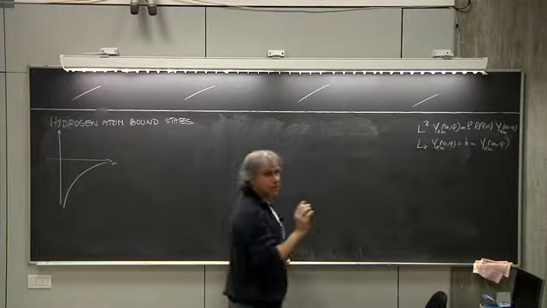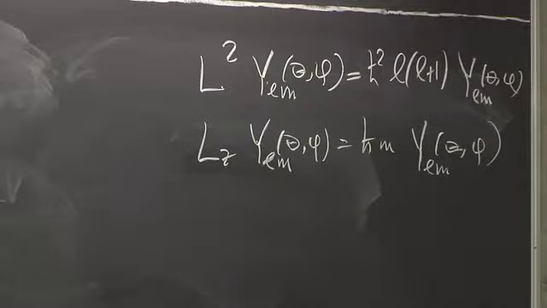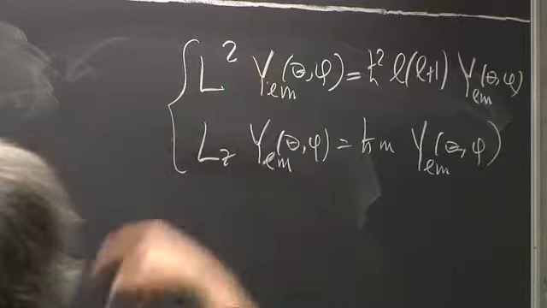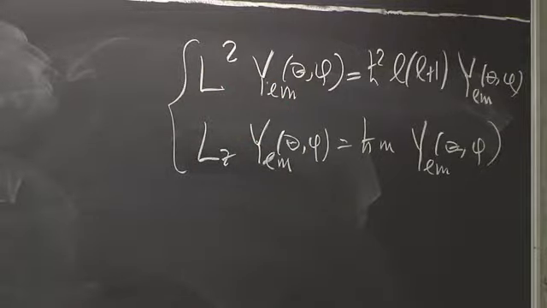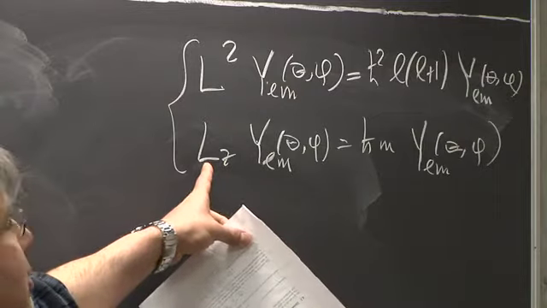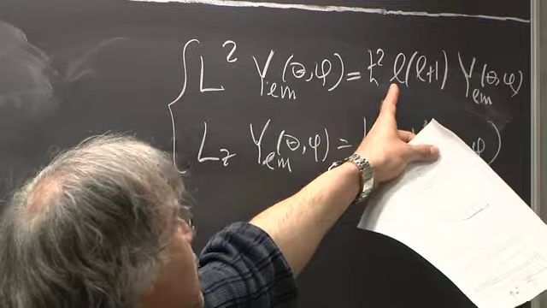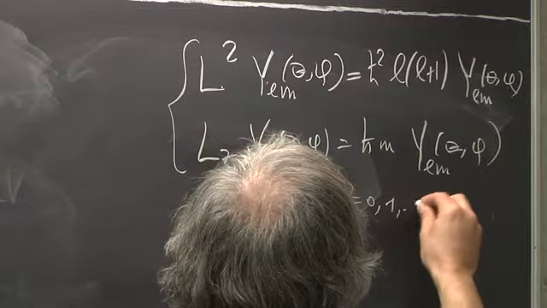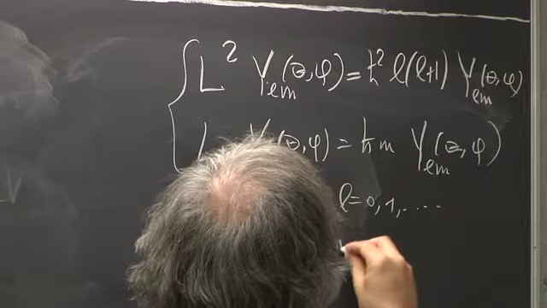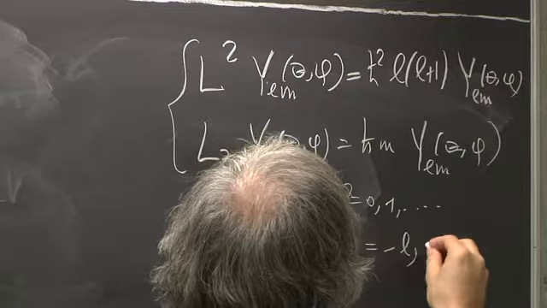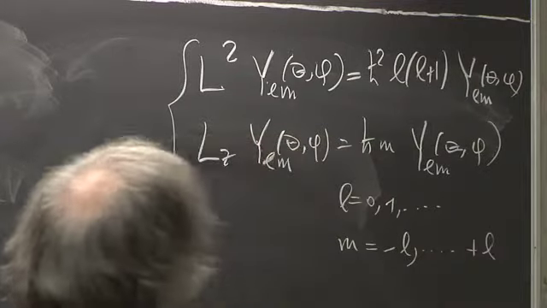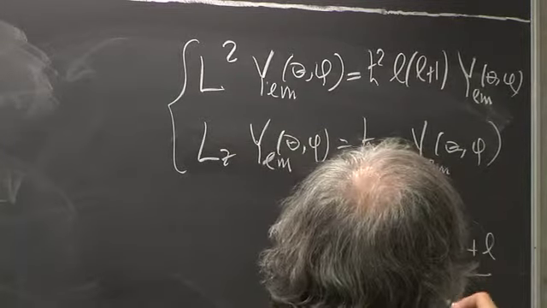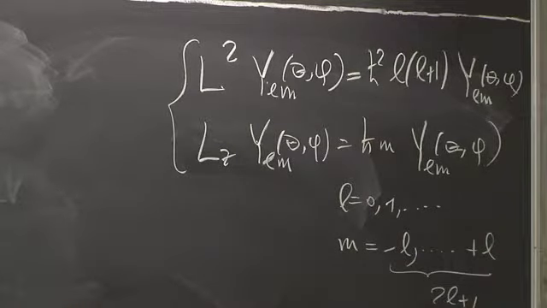Such functions of the angles are known as spherical harmonics, and it is known, and we will show next time, how to construct them as common eigenfunctions of L squared, the total angular momentum, and Lz. L is an integer, could be 0, 1, 2, whatever. And M, given L, goes from minus L up to plus L in steps of 1. So there are really 2L plus 1 values of this integer, which are, however, not explicitly present in the